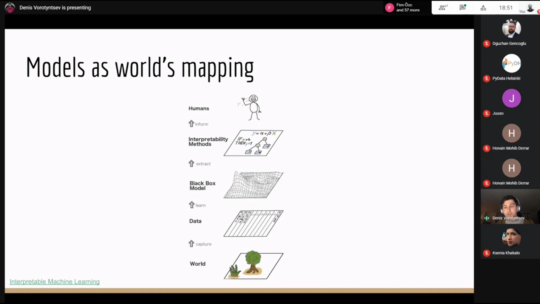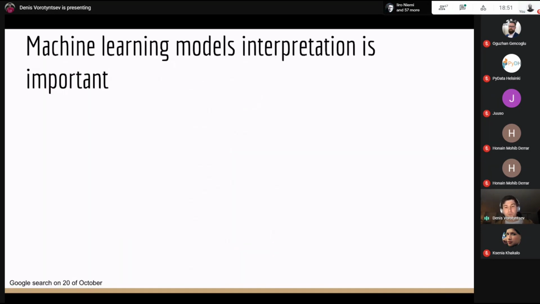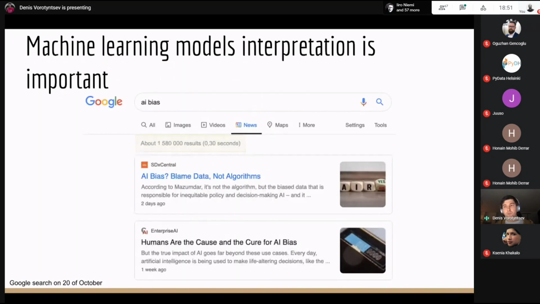For me, interpretation is the final stage before pushing models to production, a test of our model. Is it actually delivering what we expect it to deliver, or is it just overfitted towards some artifacts or biases in the data set? And this problem of bias is really important nowadays.